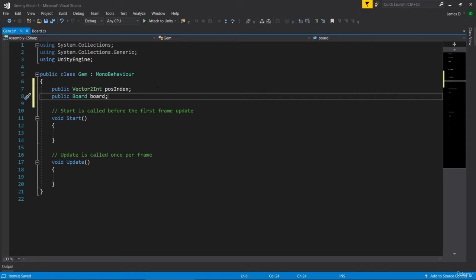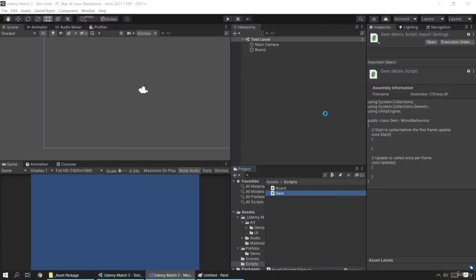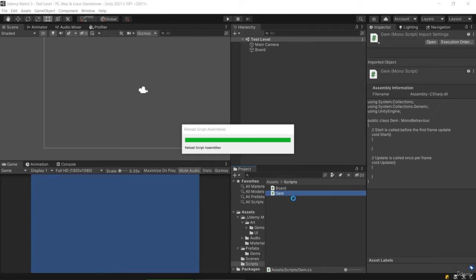Now we need these to be public so that, for example, other things can have access to them. So we're going to want other scripts that we do going forward to be able to access the position index of each individual gem and to be able to access the board. But back in Unity, if I just save this for the moment and go back in Unity,